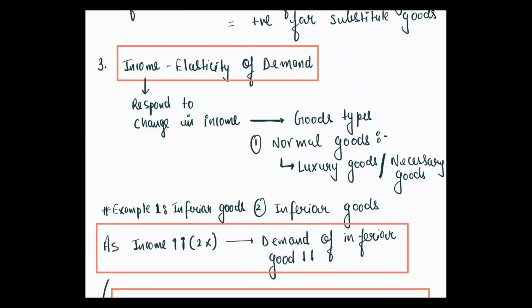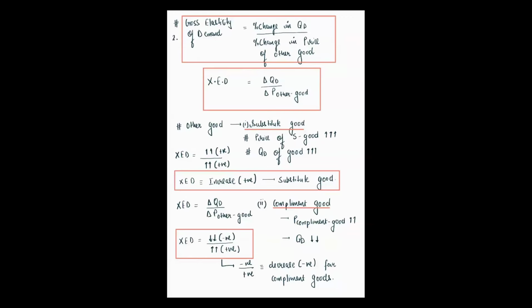Okay, please have a revision, right? So it will respond to change in income. Whatever there will be a change in income, according to that, income elasticity of demand क्या होगा? डिमांड इज रिस्पॉन्डिंग विद द, इलास्टिसिटी का मतलब क्या होता है? आई टोल्ड यू, रिस्पॉन्स. डिमांड इज रिस्पॉन्डिंग विद द चेंज इन इनकम. और यहाँ क्रॉस इलास्टिसिटी का मतलब क्या हुआ? डिमांड इज रिस्पॉन्डिंग विद द चेंज इन प्राइस ऑफ अदर गुड्स. ये समझना है, ठीक है?